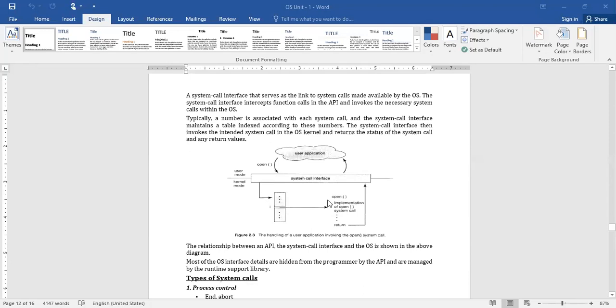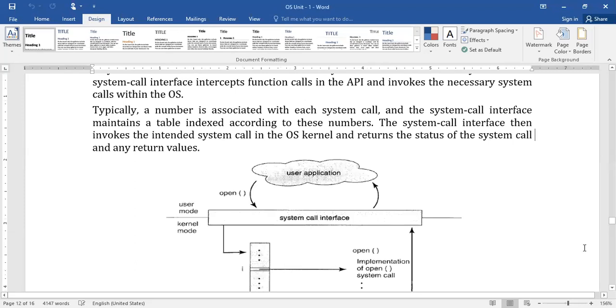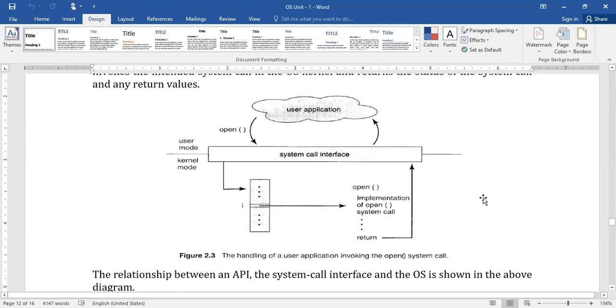See, here you can observe this diagram. I'll zoom it. Now you can check it out. This is the user application, for example our C program or Java program or C++ program. In order to open your IDE, we just double click on the Turbo C++ editor.